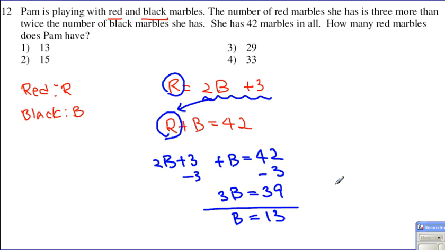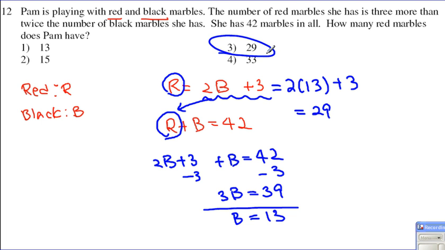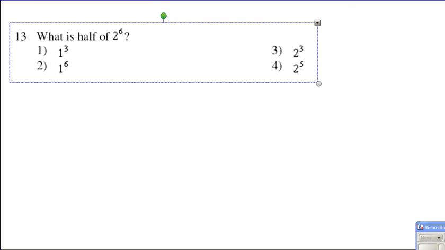13. Now, what they're asking for is the red marbles. So by plugging in 13 for b here, we will end up getting 2 times 13 plus 3. So this will be equal to 29. Our answer will be choice number 3. Alright, now,